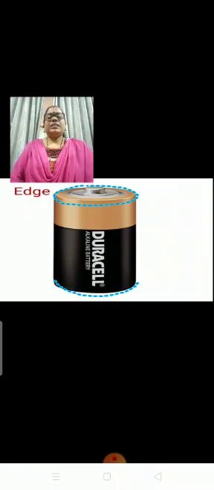Now children, what is this? A pencil cell. What is the shape of the pencil cell? Cylinder. Very good. So a cylinder has how many edges? See, teacher has put the dotted line. Yes, 2. 2 circular edges. Why is it called circular, teacher said? Because it is round in shape. Does a cylinder have a corner? Can you see? No. So a cylinder has 2 edges and no corner.